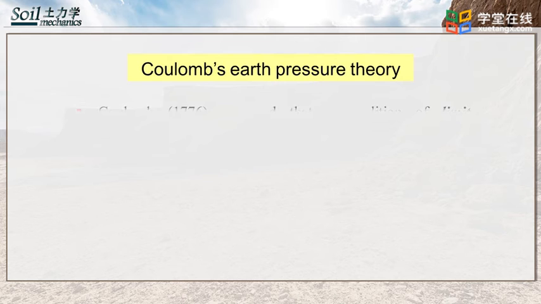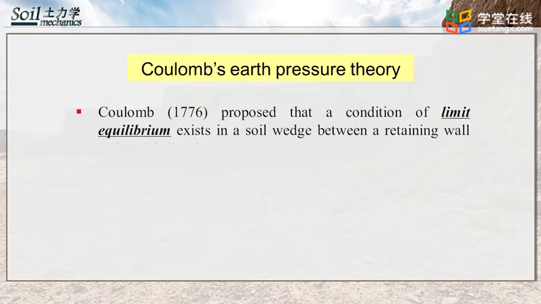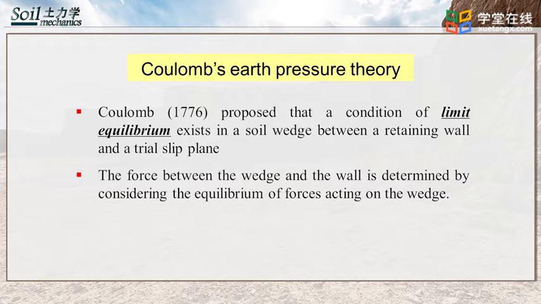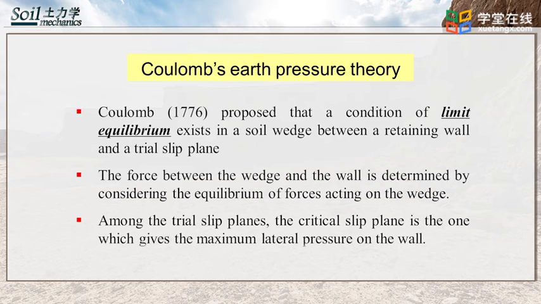Coulomb proposed that a condition of limit equilibrium exists in a soil wedge between a retaining wall and a trial slip plane. The force between the wedge and the wall is determined by considering the equilibrium of forces acting on the wedge. Among the trial slip planes, the critical slip plane is the one which gives the maximum lateral pressure